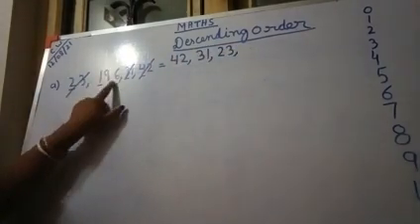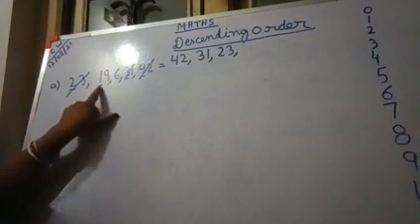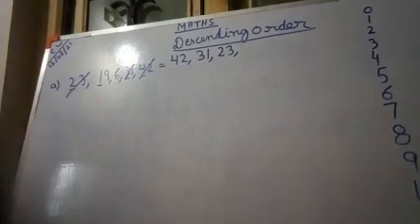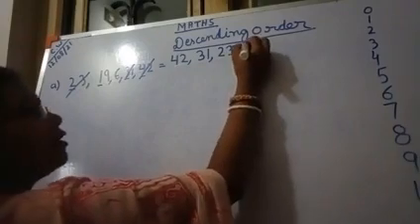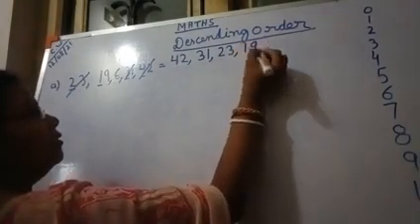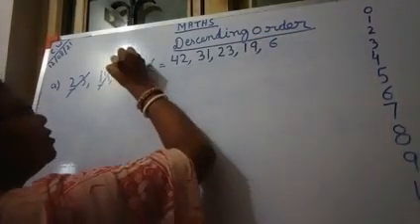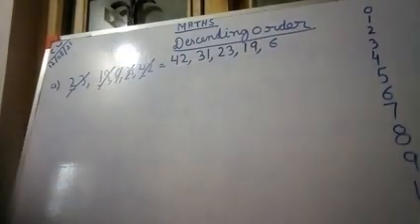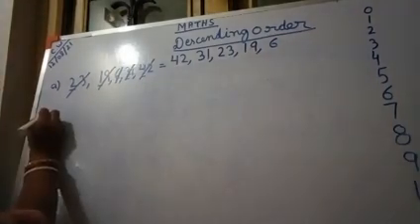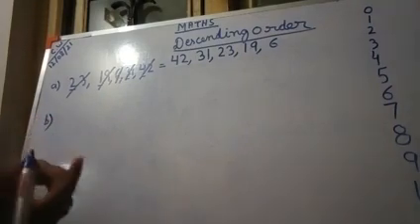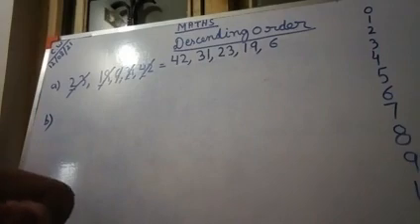Now it is automatically shown. Here it is 19. Now 19 is the bigger because it is a 2-digit number first of all. And it is a 1-digit number. So the next number is 19. Then you will write here 6 left. Okay, this is the concept that whenever you are counting the number from back side, you will always write that is bigger number to smaller number, backward counting.